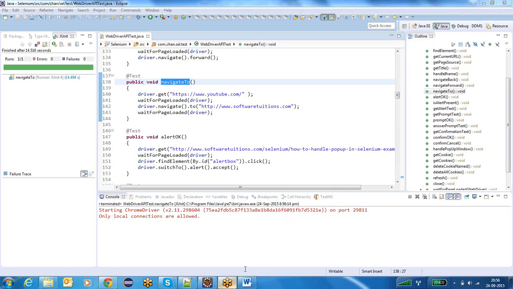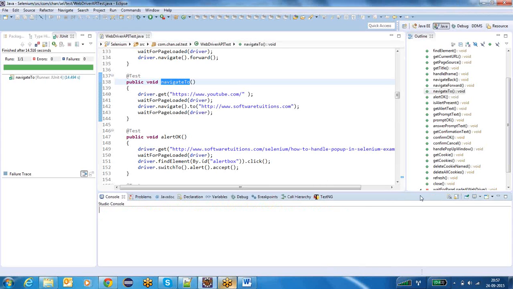In interviews, you may get this question. If I ask you to open a URL in the browser, and I say don't use the get method, what will you do? I'm asking you to open a URL in the browser, but at the same time you should not use the get method. How can you achieve that? Using the driver.navigate.to method. So driver.navigate.to is an alternative for driver.get. If someone asks you not to use driver.get but to open a URL in the browser, you can use driver.navigate.to also. Okay,